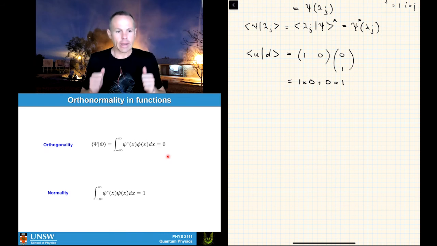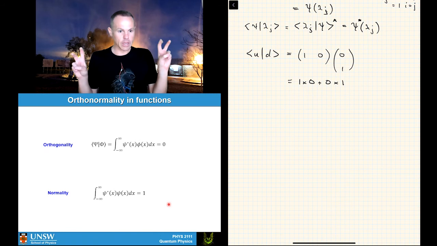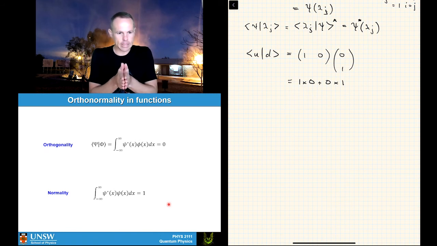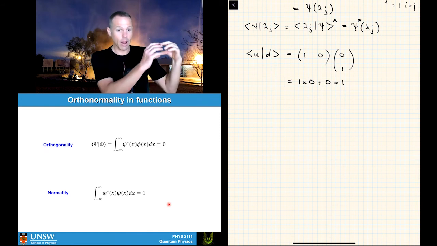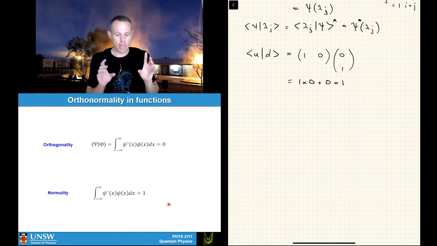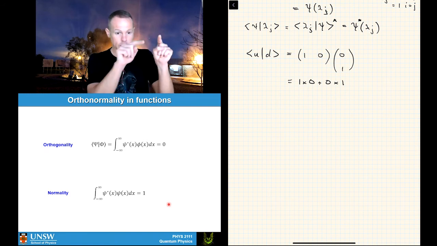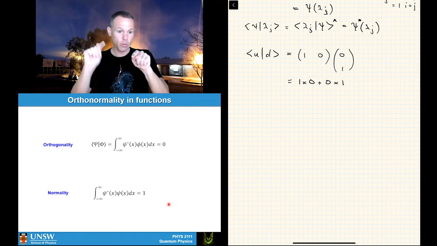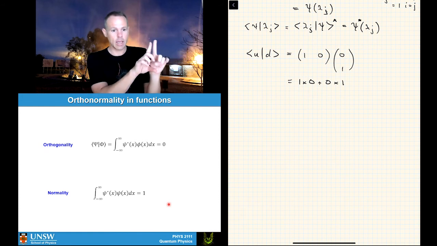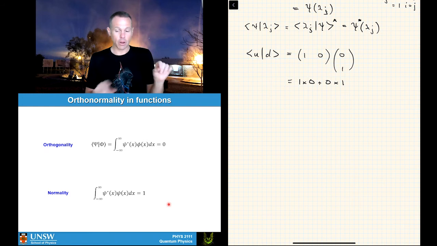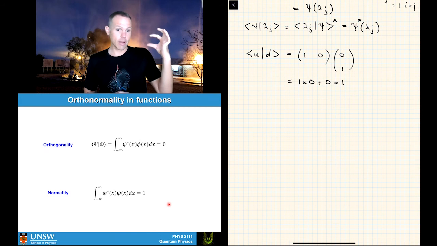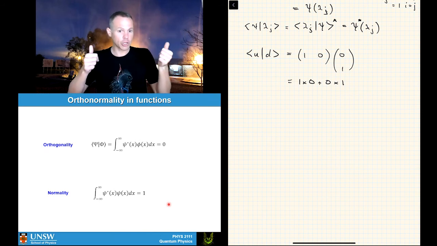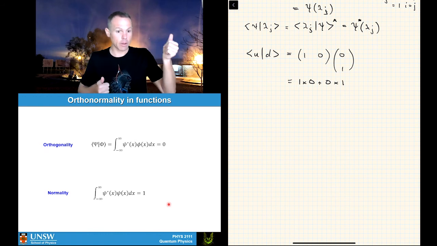Okay. In a similar way, we have a normalization condition, right? And basically this corresponds, if you think back to our spin, we would take either the inner product of up and up or the inner product of down and down, and we would get 1, right? So what we would be doing there is taking a vector that looks like 1, 0, 1, 0, and so we'd have 1 times 1 plus 0 times 0 is equal to 1, right? Take the same logic for that. Now apply it to a function. What we will be doing is taking the same state and multiplying it by its complex conjugate, right? Up times up conjugate is the same as ket up times bra up.